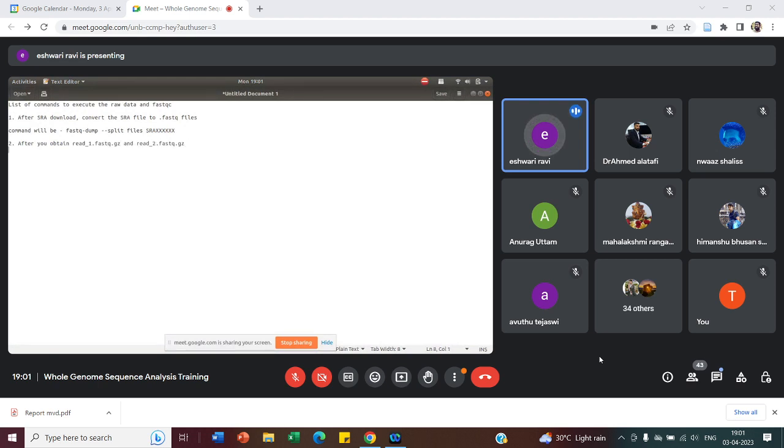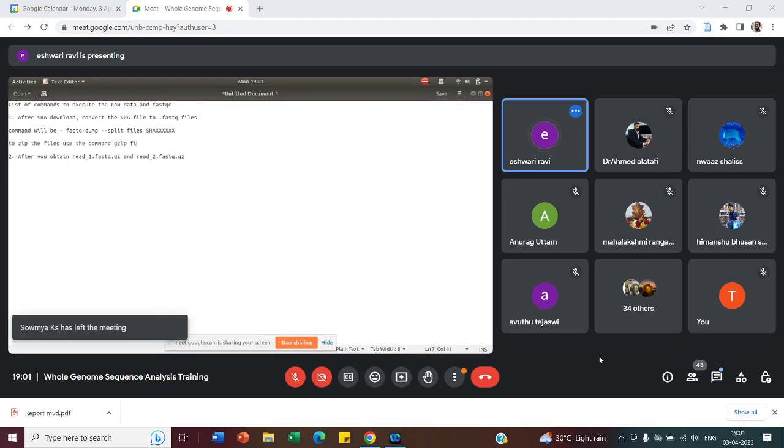To zip the files, you can use the command gzip and the file name. So this will convert the files to fastq.gz. This will also consume less memory. These files are compressed files. And once you have compressed them, you can directly use